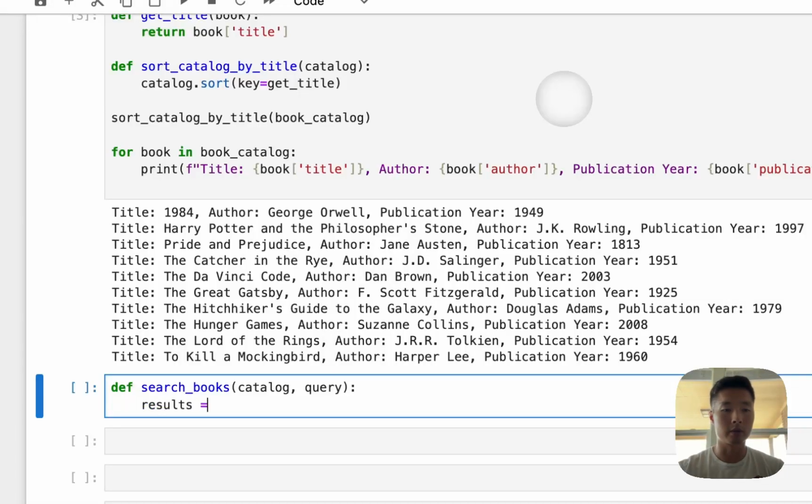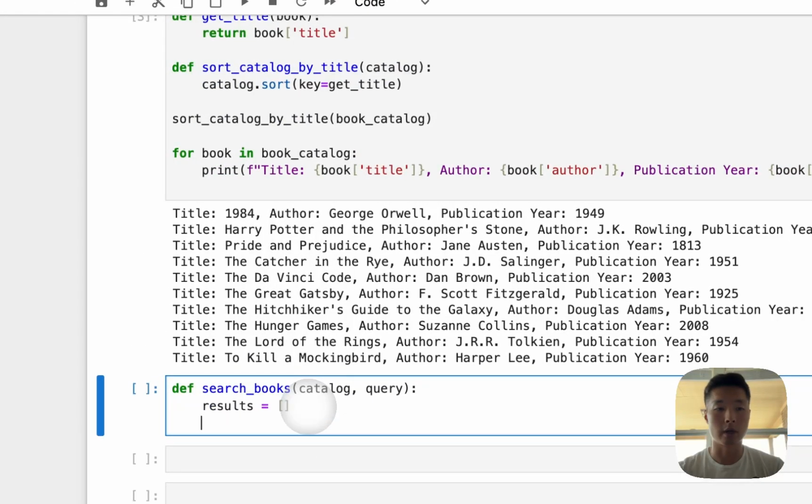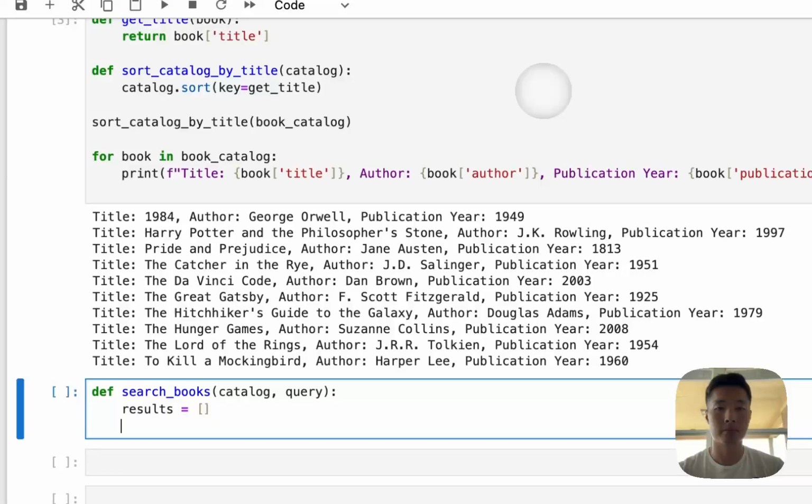So we're going to create an empty list first, and we're going to put in the results in there afterwards once we capture it. And you'll know what I mean later on in the video. So we define an empty list called results, and then we're going to go through each book in the catalog. So for book in catalog,